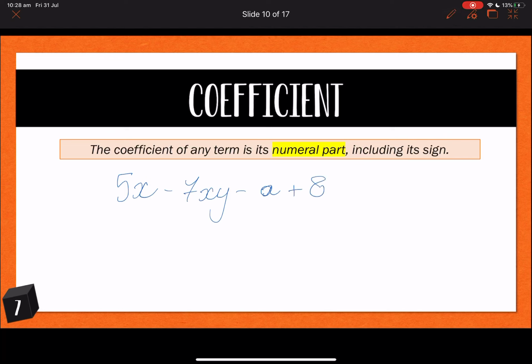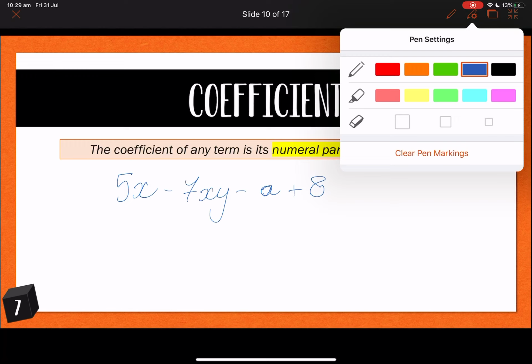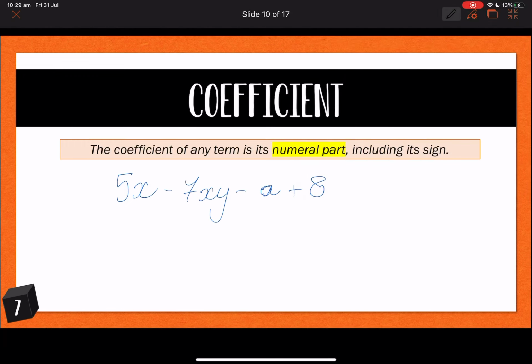And so the coefficient is just the number part. So I'm going to change my colour. If I said to you, what is the coefficient of x? You would say the coefficient of x